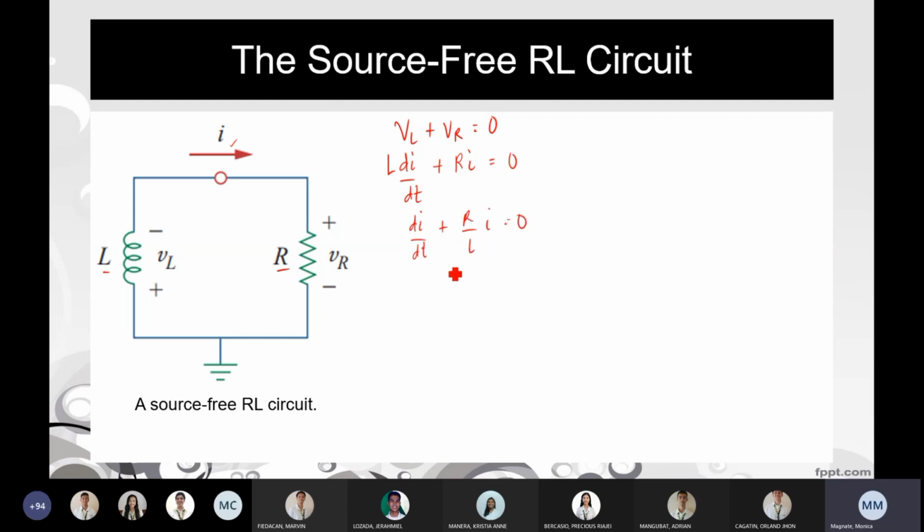I mean, may I pa pala doon. So, ibaba na rin natin yung I. Tapos, transpose na natin negative R over L dt. So, similar dun sa ginawa natin kanina, integrate natin both sides. So, sabihin natin pag in-integrate to, gawin ko na tong capital I. I of t. Hindi, I lang muna. Ln of I